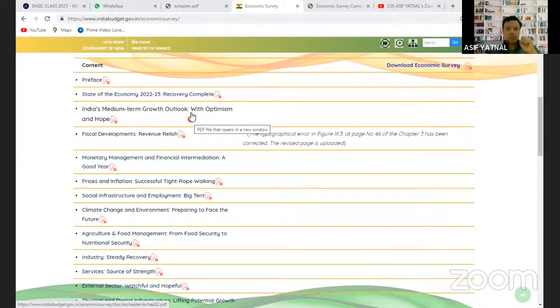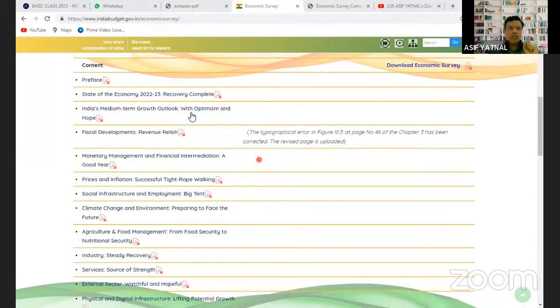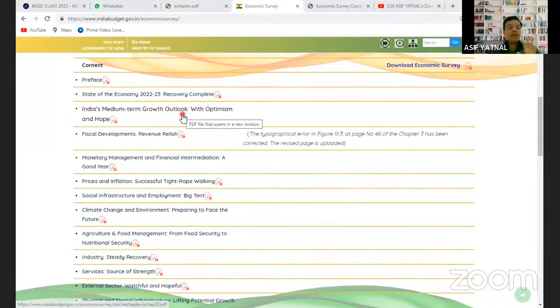So remember what the short term growth is as per this economic survey. Short term growth is that we want to increase our economic growth rate this year by 6.5%. तो इंडिया का इस साल का जो इकोनॉमिक ग्रोथ रेट का टारगेट होगा वो 6.5%. मीडियम टर्म टारगेट है 5 trillion economy. Long term target is that India wants to become a 40 trillion economy by 2047, that is at the 100 years of independence. तो ये मीडियम टर्म का ग्रोथ कैसे अचीव किया जाने वाला है, that is explained in this second chapter of the economic survey. So this chapter will be useful for you for GS paper 3 topic, growth, development and employment.